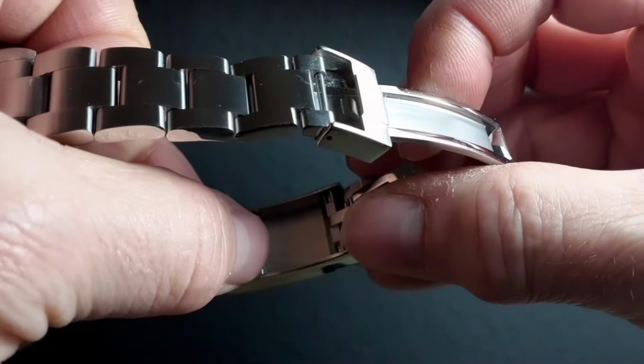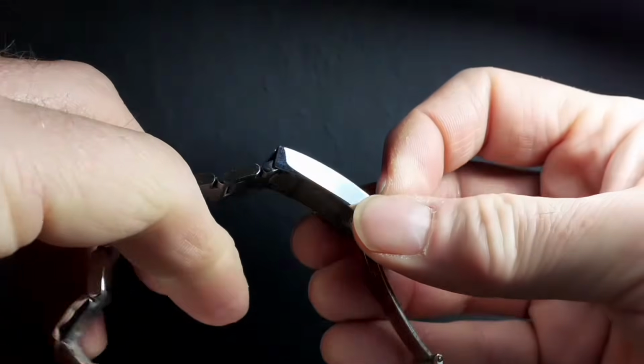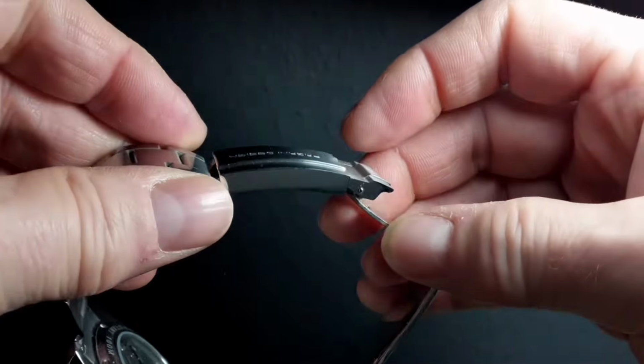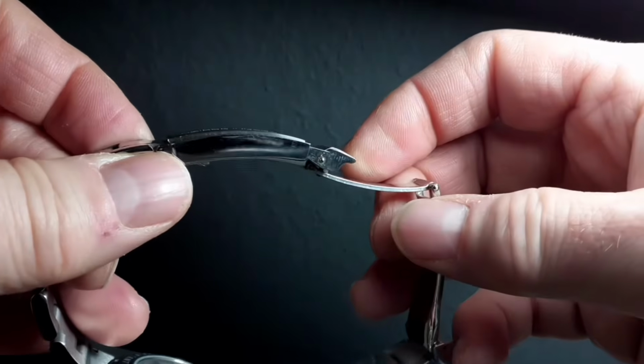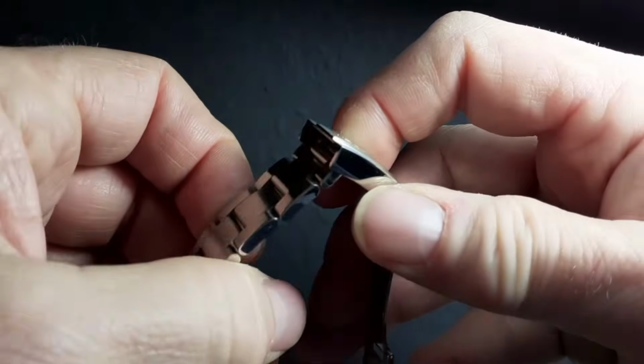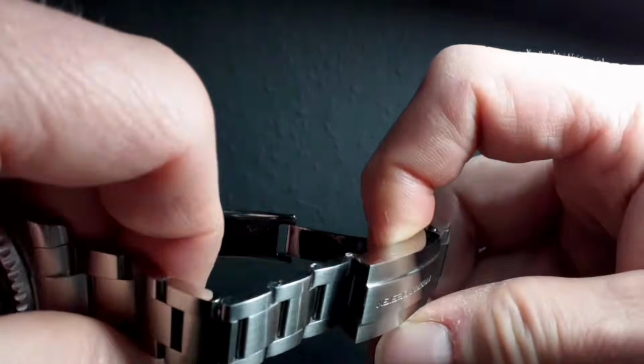I've tried to move it. There's no way of pushing a spring bar tool through there to adjust it, so there is no adjustment on the clasp. Fair enough, at this price you could easily spend a little bit more, add your own clasp, but there's a couple of areas here. It's a contradiction really, this bracelet, because